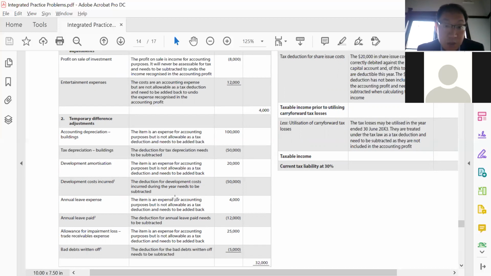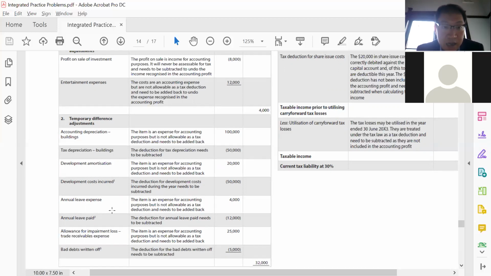The annual leave expense from an accounting perspective is going to be found on the P&L, okay? But this annual leave that has been paid, this 12,000, this amount we need to derive from a T account perspective, okay? So if you think about